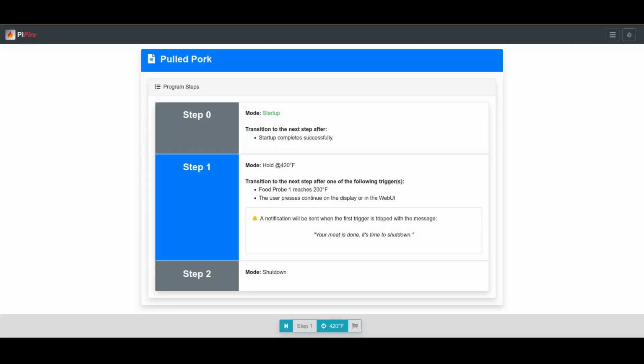And as you can see, we've transitioned into step 1, and right now we are in hold mode, and we are going to be paused until we hit 200 degrees on probe 1. So let me go ahead and adjust probe 1 and see if we can get to 200 degrees. See what happens. Excellent. Okay, now that we've hit 200 degrees, a notification was sent,